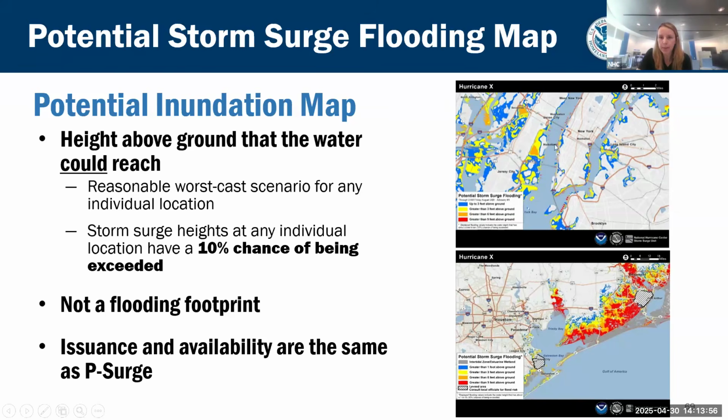And so you can see some images here showing the flooding above ground levels. There is a color table that can be a little bit difficult to see. We described it in some previous slides, but the blues show up to 3 feet above ground. Yellow is greater than 3 feet above ground. Orange is greater than 6 feet above ground. And red is greater than 9 feet above ground. And you'll notice that this bottom image has a couple additional colors in the legend.